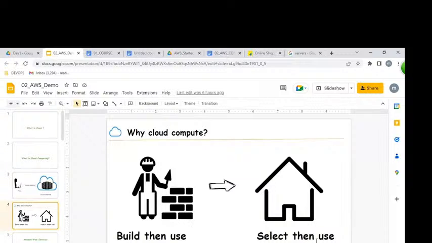So who wants to talk to me, write in the chat box and let me talk to you. One by one, please. Sarita, then Venkat, please go ahead. Okay, Venkat.